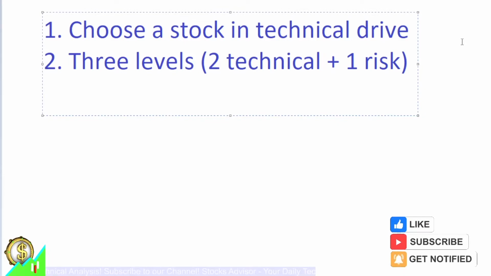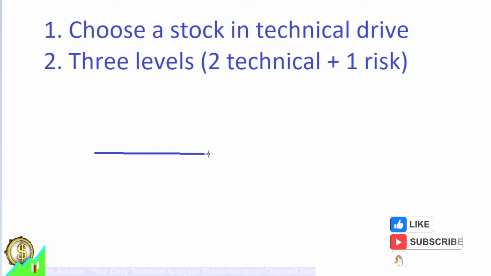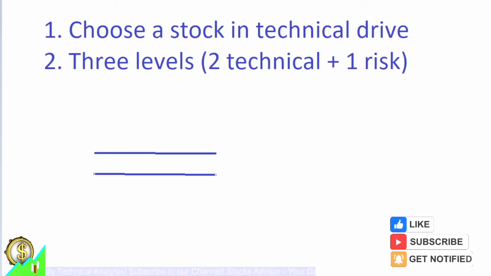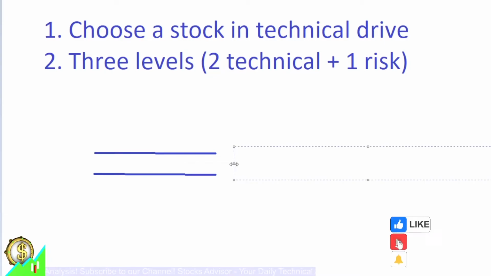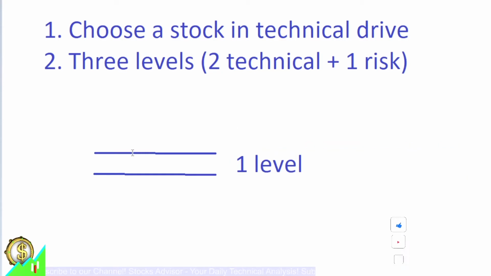Why is that like this? Because as I said, the position can go to a non-technical level. And then we also buy for those levels. So why do we do two levels? Because imagine you have a first level. So in a certain area there is some price volatility, and then you have your first level. You can buy in this first level. It's a technical level where the price should rebound.